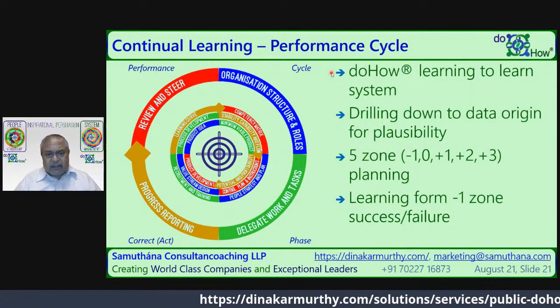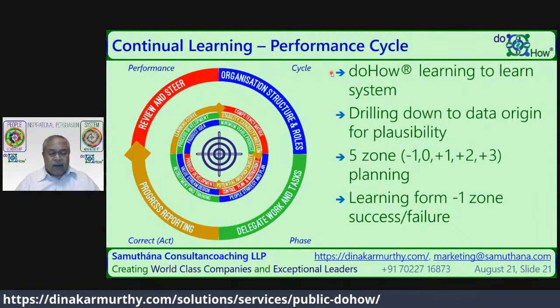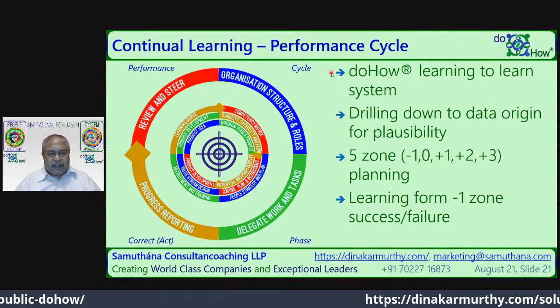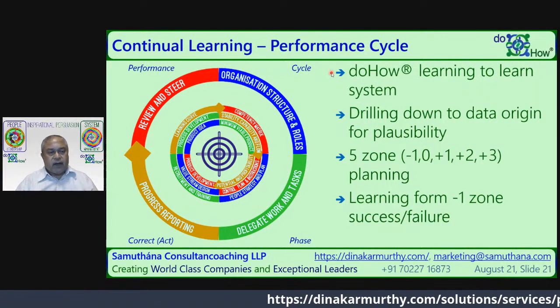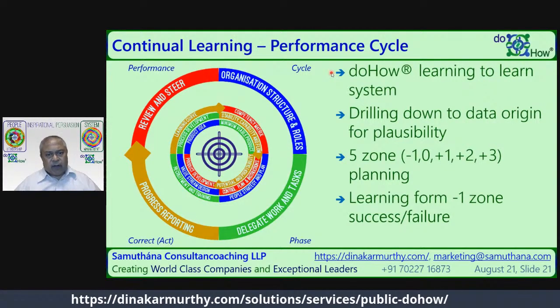Then the next one, which is extremely important, which can be automated in a way where triggers can be sent, escalations can be sent, is the 5-zone planning, which is something which I feel is the essence of continual progress and continual work. When I say 5-zone planning, I'm talking about